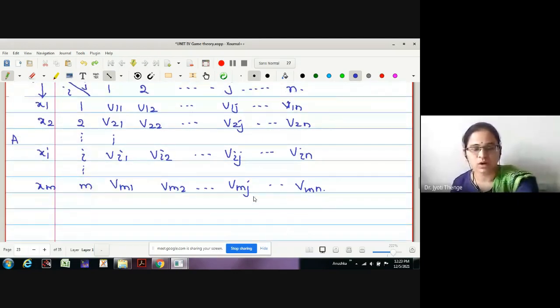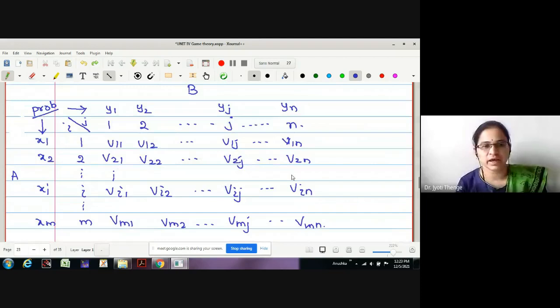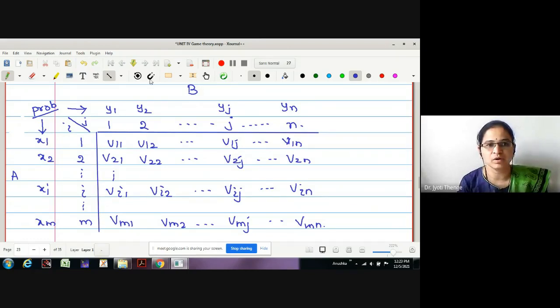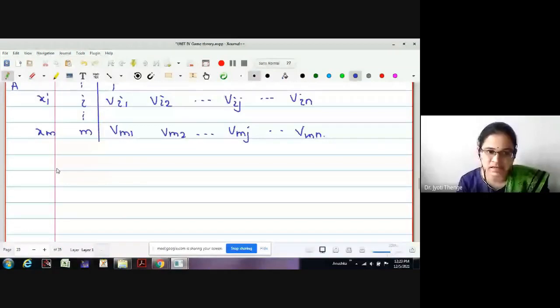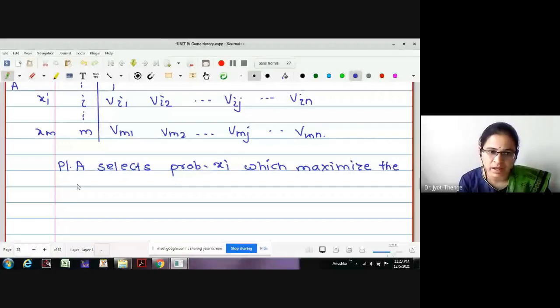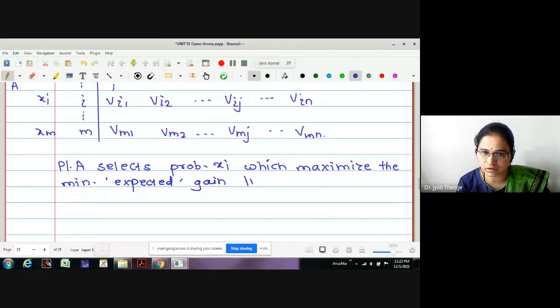Okay. Now what we were going to write? We were going to write the expected gain first with respect to player A. Then we will write expected loss with respect to player B. Now let me just write: player A selects probabilities xi which maximizes the minimum expected gain in a column,